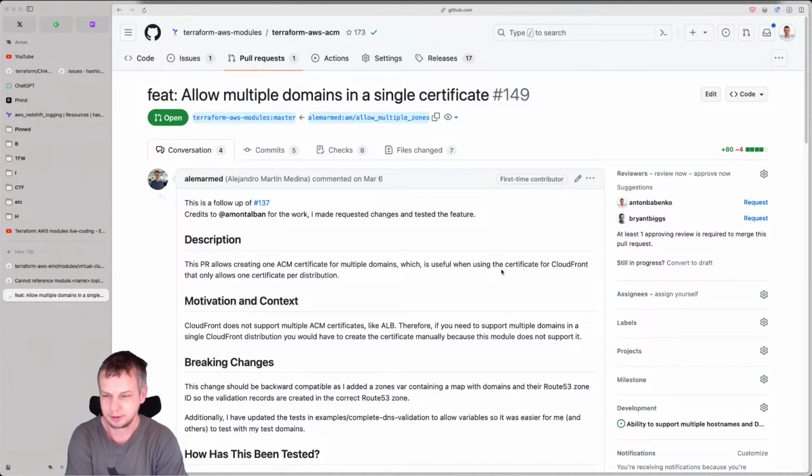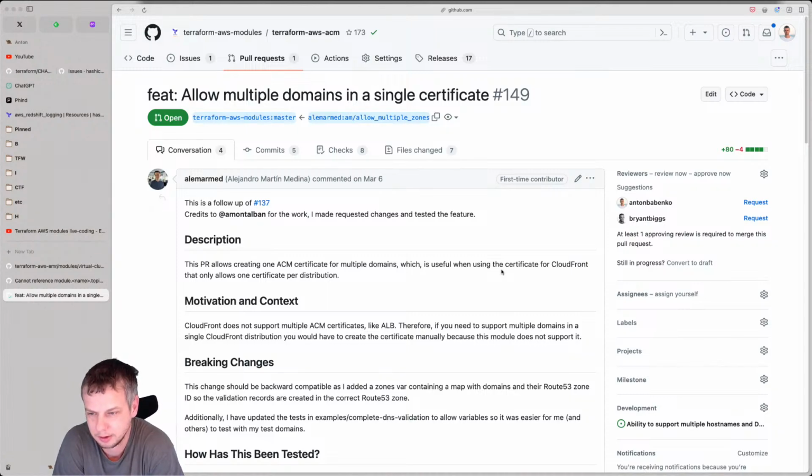You can have only one CloudFront distribution and attach one certificate, so you need to squeeze all your domains into one certificate. CloudFront does not support multiple ACM certificates like ALB. Therefore, if you need to support multiple domains in a single CloudFront distribution, you would have to create the certificate manually because this module sucks.